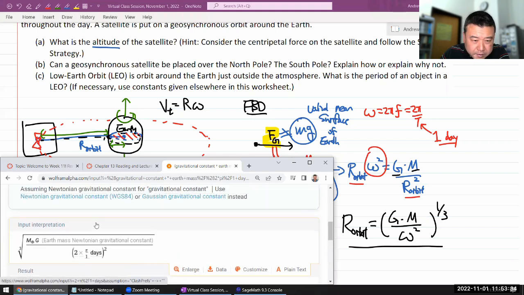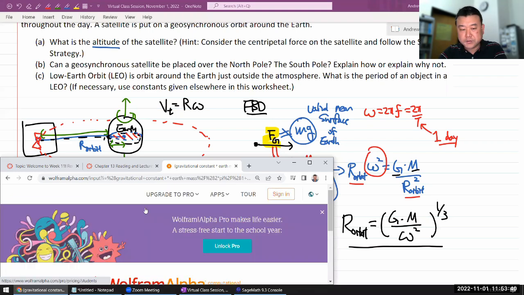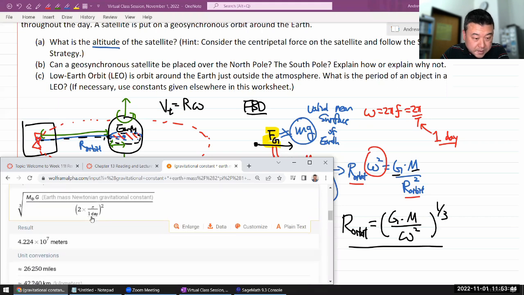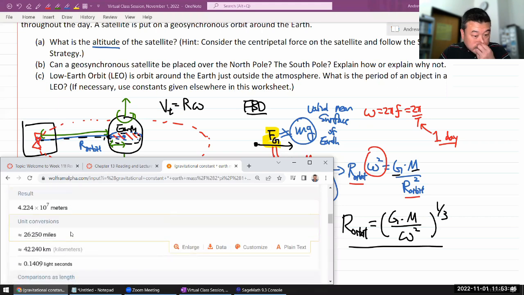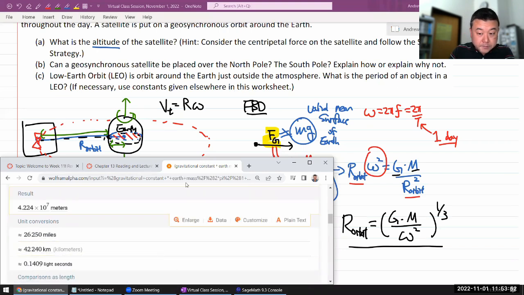Okay, it had a bit of an issue. It didn't quite put the day on the correct side of the fraction. So I added an extra parenthesis to make sure it puts the day on the correct side. Okay, there it is. So it says the radius of the orbit should be equal to